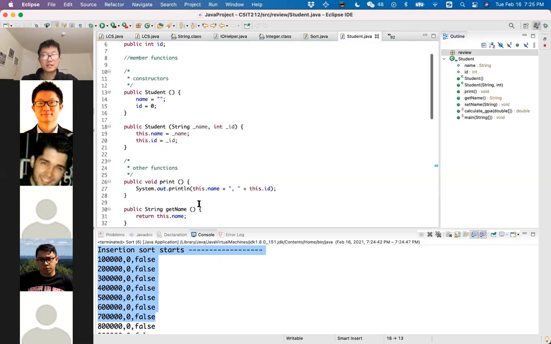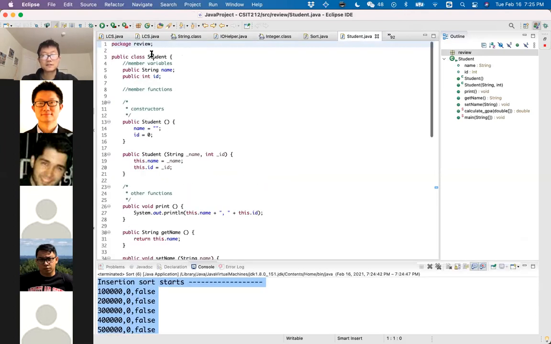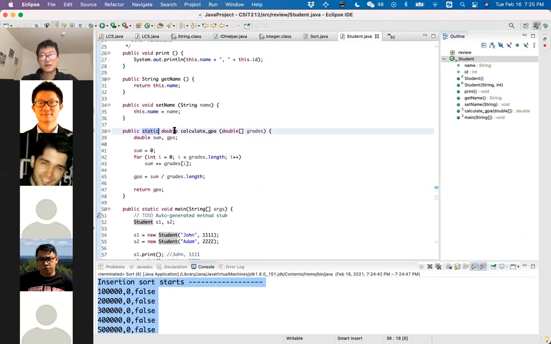Here I define a class named Student, and inside the Student class, I define a static function named calculateGPA. What this function does is that it takes an array of double values named grades.